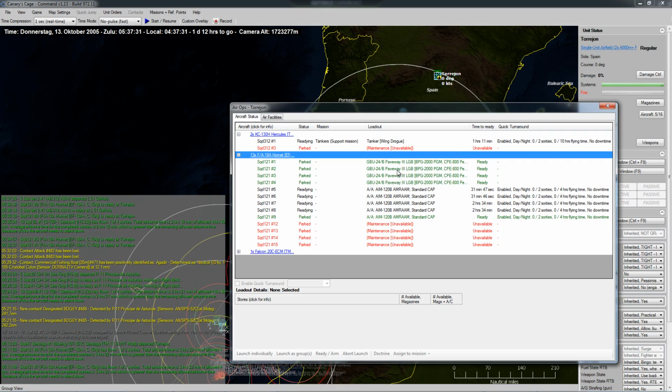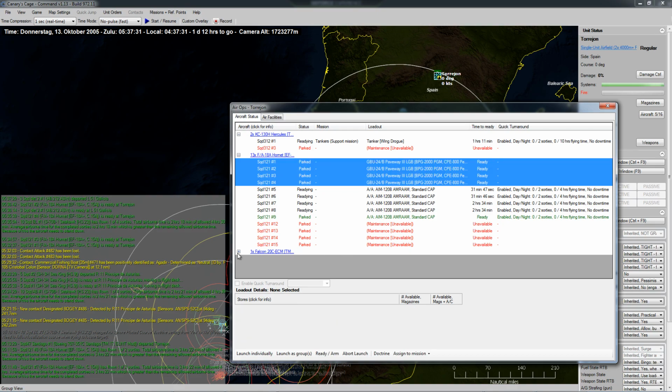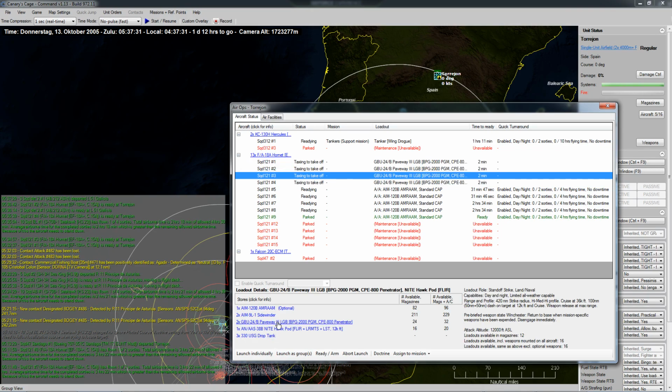These 4 Paveway package here will be the first strike craft. That'll be sort of the first wave to come in and attack our primary targets. So we're going to launch them as a group for now. I believe I have 4 targets down there. Each of these guys is carrying 2 Paveways, so we can pretty much hope that this is going to be